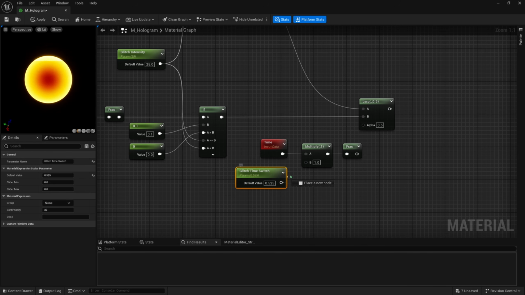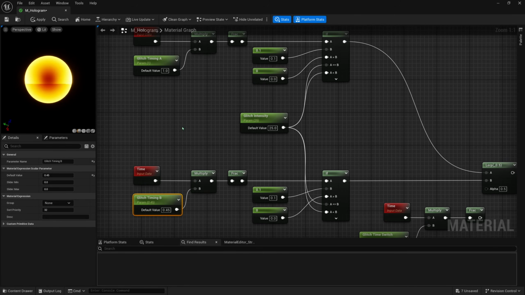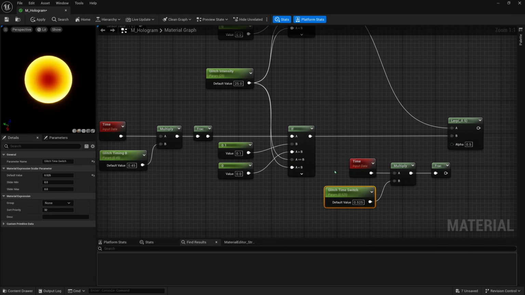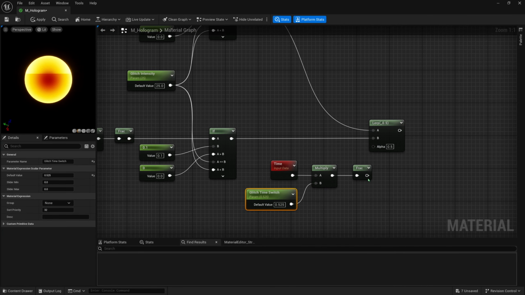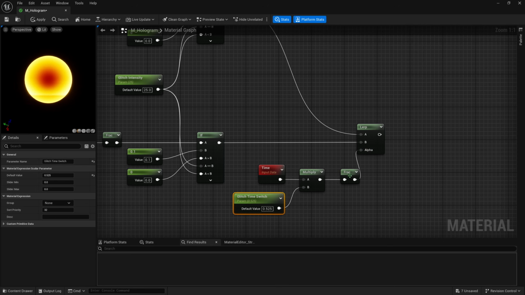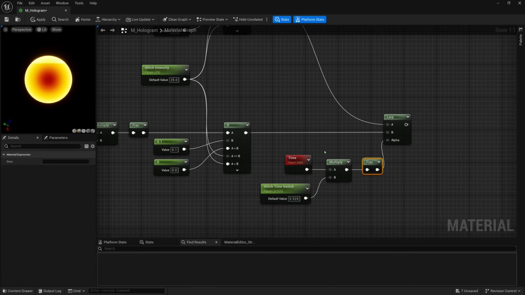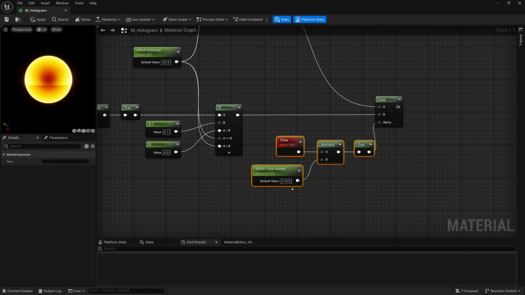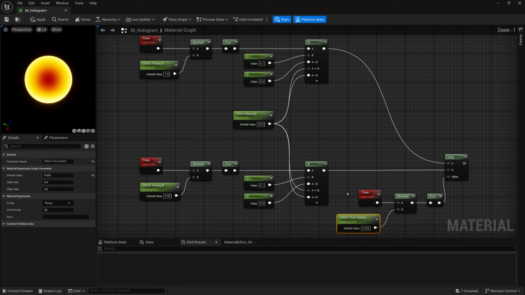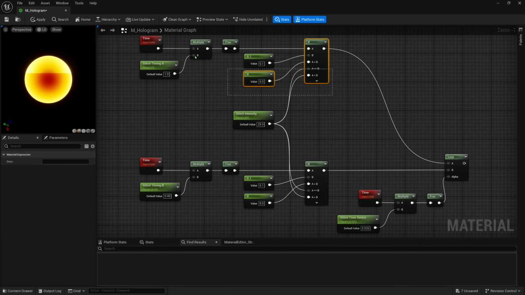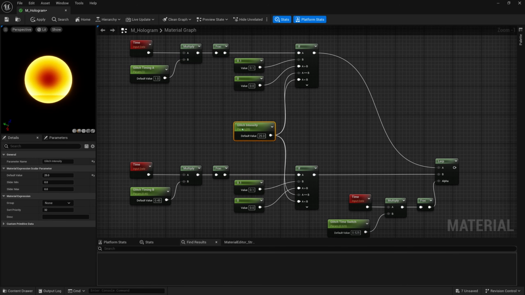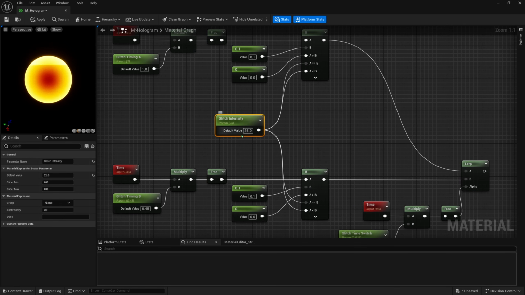This really doesn't matter. As long as it's different from these two and not too fast, not too slow, this should work out just fine. And we'll plug this into here. So now over this time period at this speed, it will switch between using this glitch timing and this glitch timing. And naturally, it will use a value between 1 and 25. So sometimes we'll get the full 25 strength, and sometimes we might get a strength of like 7 or 21,